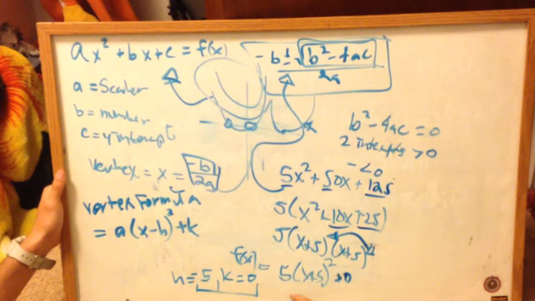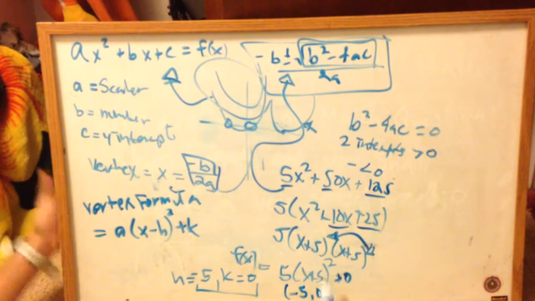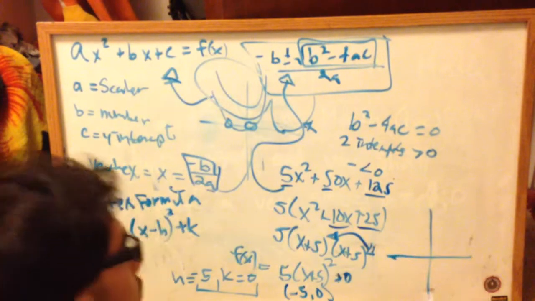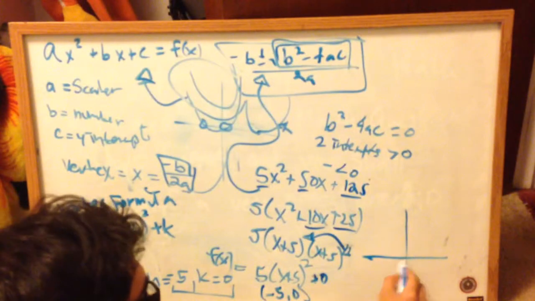Therefore, this is actually my vertex: negative 5, comma 0. 5 is just a scalar. This is a really crappy graph, but if negative 5, 0 would be my